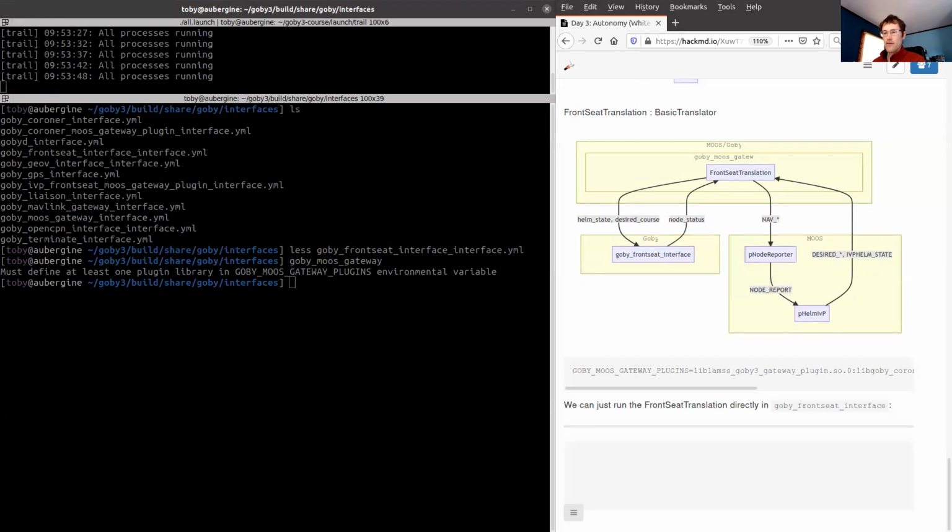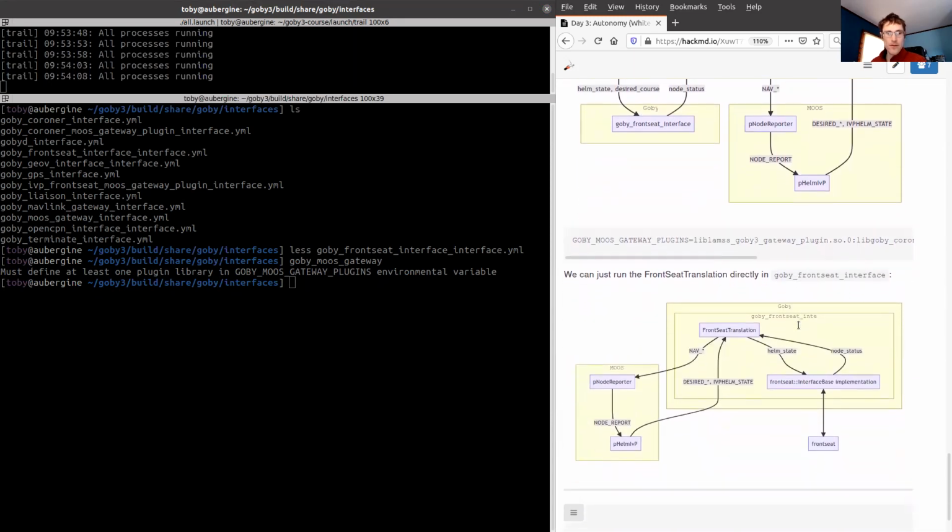The reason to do this is really just to simplify the number of processes we have to run. It would work perfectly fine if we ran it in Goby MOOS Gateway as well, but since it's common we can just run it straight in the interface. So let me modify that diagram.